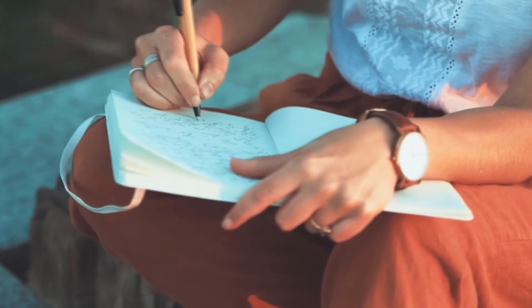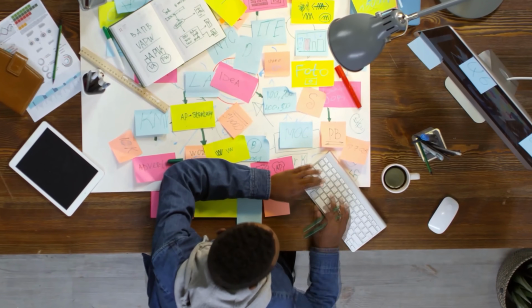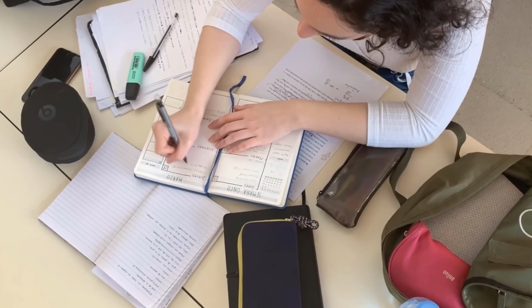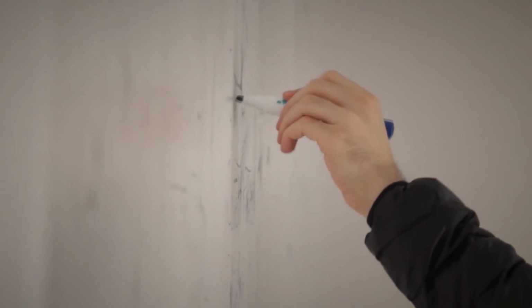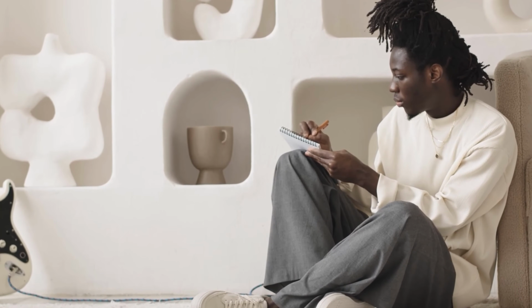Now, you don't have to go into detail about absolutely everything in your backstory. I see a lot of newbie writers coming into this backstory advice very heavily and mapping out literally everything that has ever happened to their character from the moment that they were born to the moment that we meet them in the story, and sometimes even beyond that, like what happens in their life afterwards. You don't need to know all of this. You don't need to know all of the details. You don't need to know who their childhood crush was or what their first pet was if it's not actually relevant to their internal conflict or to other parts of the story.